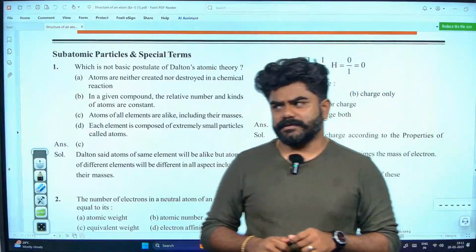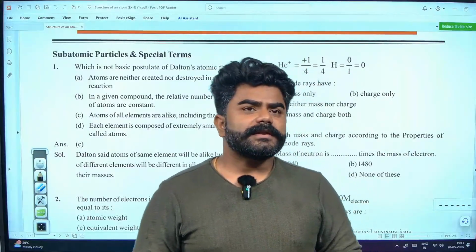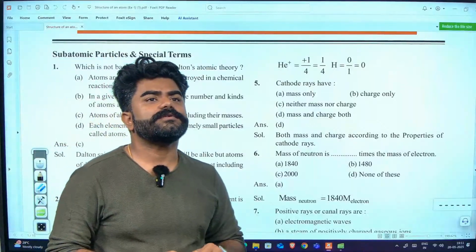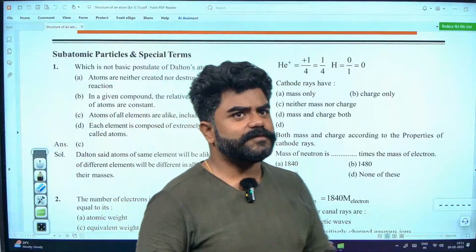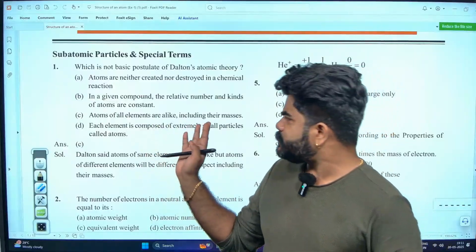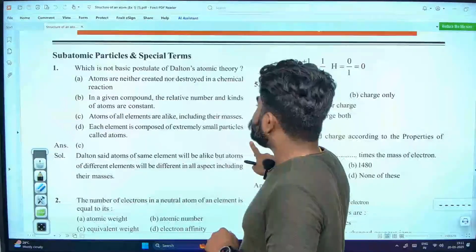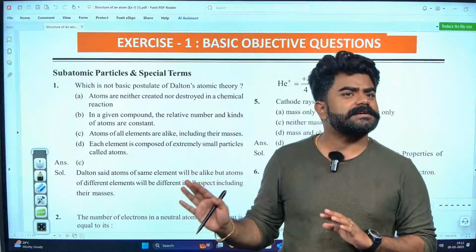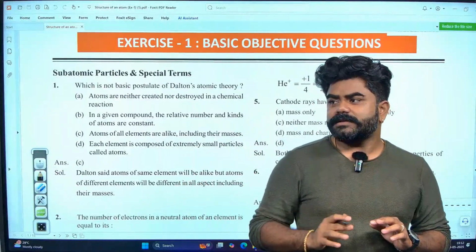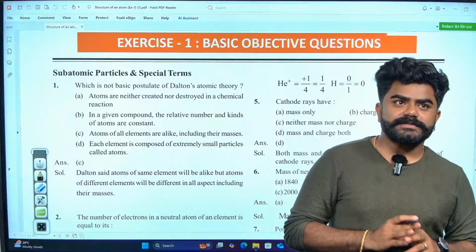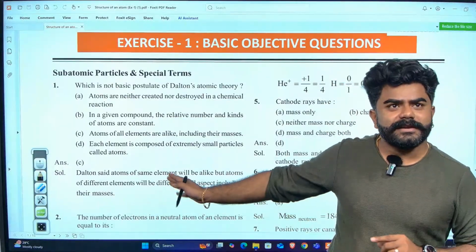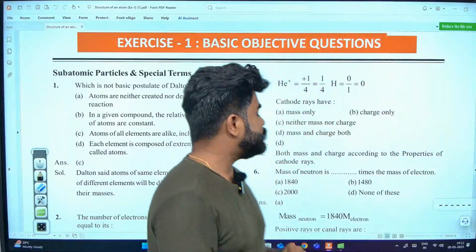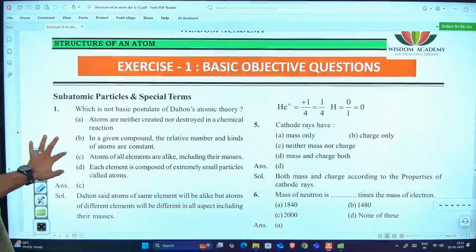Okay, fine. All right. So, today in class, we will be doing some questions based on whatever we have learnt about structure of an atom. Here I have displayed the questions, and also you can find the answer there, but I don't want you to look into the answer. First understand the question. You will try to answer it yourself. Finally we can even check the answer. Okay, don't look at the answer in the beginning itself. First question: